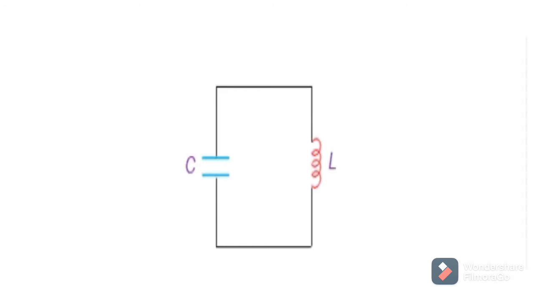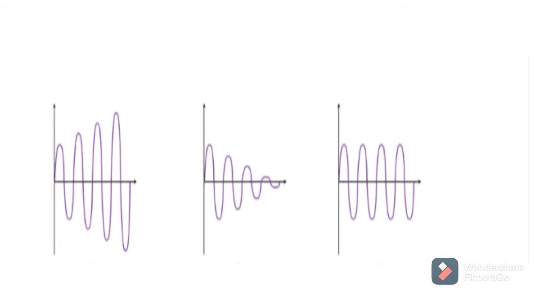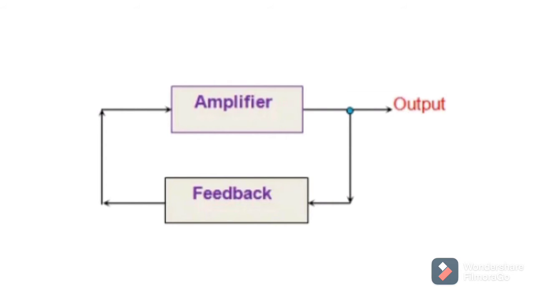Once the capacitor discharges completely, there will be no current flow in the circuit. However, the stored electromagnetic field would have generated a back EMF, which results in the flow of current through the circuit in the same direction as before. This current flow continues until the electromagnetic field collapses, which results in the back conversion of electromagnetic energy into electrical form, causing the cycle to repeat. However, now the capacitor would have charged with the opposite polarity, due to which one gets an oscillating waveform as